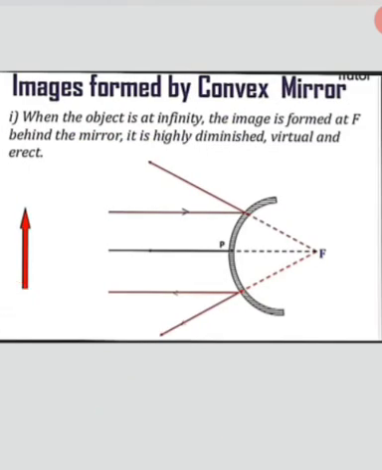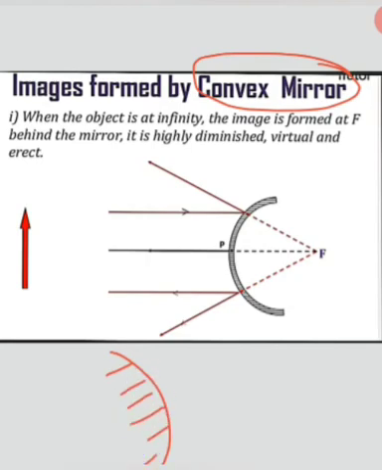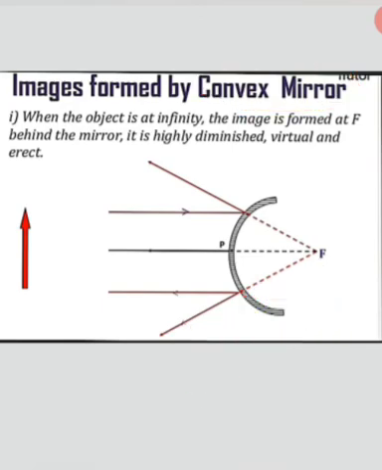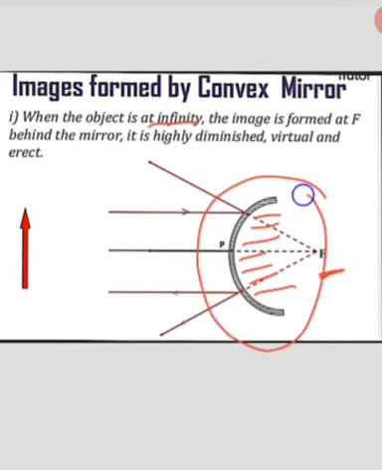Next, now it is the convex mirror. What difference did I tell you? In a convex mirror, polish is done on the hollow side, while the outer part will behave as the reflecting surface. So in this mirror polish is done this side and the outer part is behaving as a reflecting surface. Again, in the first case, the object is placed at infinity and the image is going to form at focus. This mirror is also said to be what? Divergent mirror.